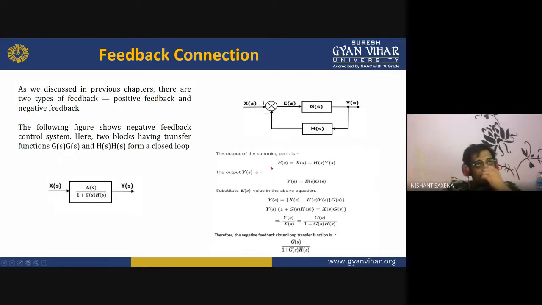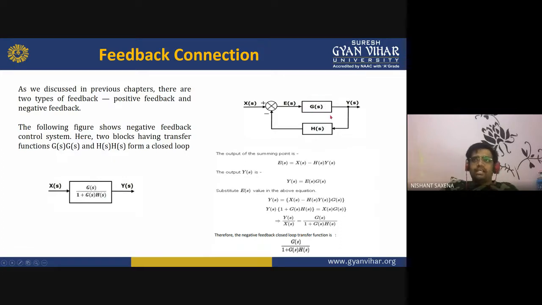So how do we write one complete transfer function for this? Now I told you that the transfer function is the ratio of the output upon the input. So if I write the transfer function Y(s) upon X(s), then how will we write it? Let us suppose that E(s) is the error signal, which is nothing but X(s) minus H(s) into Y(s), X(s) minus this feedback part. So this feedback is nothing but H(s) into Y(s). The output Y(s) is equal to the multiplication of the error signal with the transfer function G(s), or the plant equation G(s).